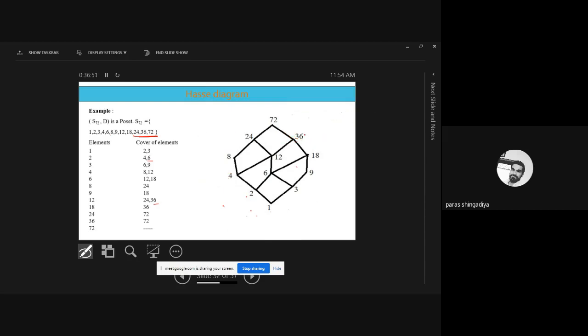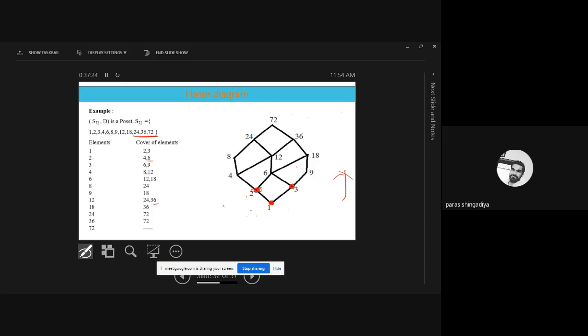Here let's verify one by one. We assign the place of 1, because we start at 1, and 2 and 3 are next. So the place of 2 and 3 should be above the place of 1. That should be an upward orientation diagram. Here is the place of 2 and this is the place of 3. Those are above, and then we connect them by line segments: 2 with 1 and 3 with 1. Then consider 4, 6, 9.